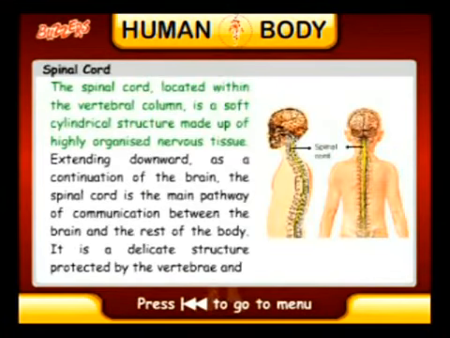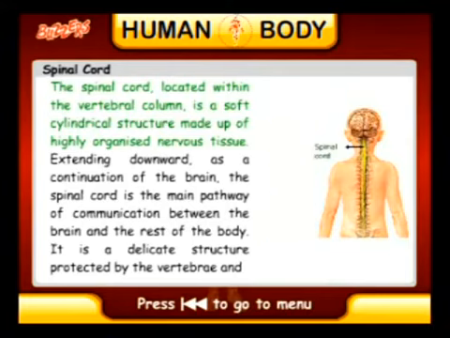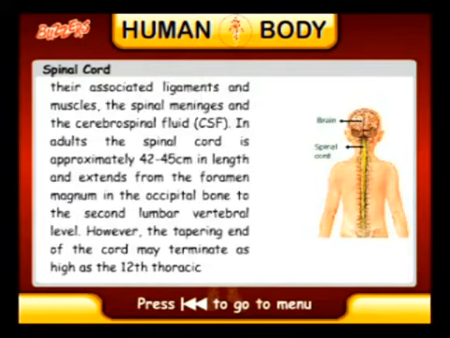Spinal cord. The spinal cord, located within the vertebral column, is a soft cylindrical structure made up of highly organized nervous tissue. Extending downward as a continuation of the brain, the spinal cord is the main pathway of communication between the brain and the rest of the body. It is a delicate structure protected by the vertebrae and their associated ligaments and muscles, the spinal meninges and the